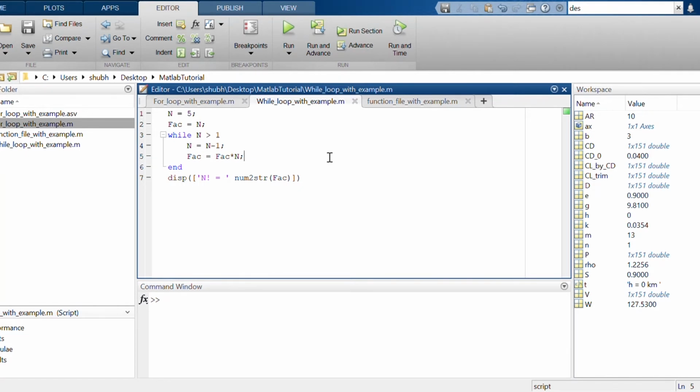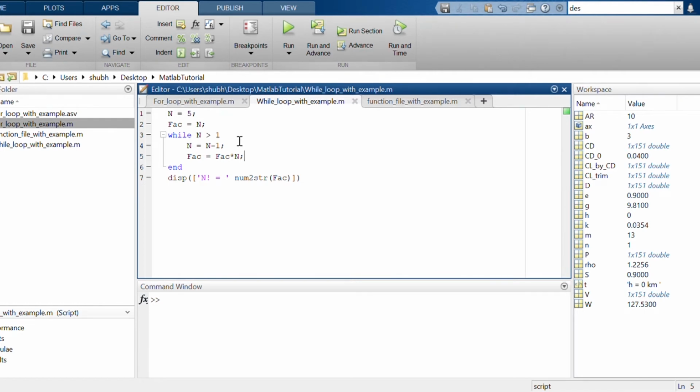So suppose that your n is 1, 2, 3, 4, 5, we have taken 5. You want to estimate the factorial of n. Factorial is for a positive number, so it will go while n is greater than 1. So we are putting the condition n greater than 1. And as you know what the logic of factorial is in mathematics, the same logic we will write here.